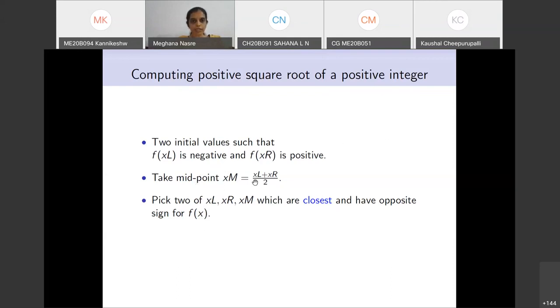Depending on the sign of f of xm, you are going to either change XL or XR and narrow the gap between the two extreme guesses that we have made, XL and XR. And how long should you do this? It depends on how close you want the value to be. Anyway, it's an approximation. So as long as XR minus XL is greater than some error epsilon that you are willing to tolerate,